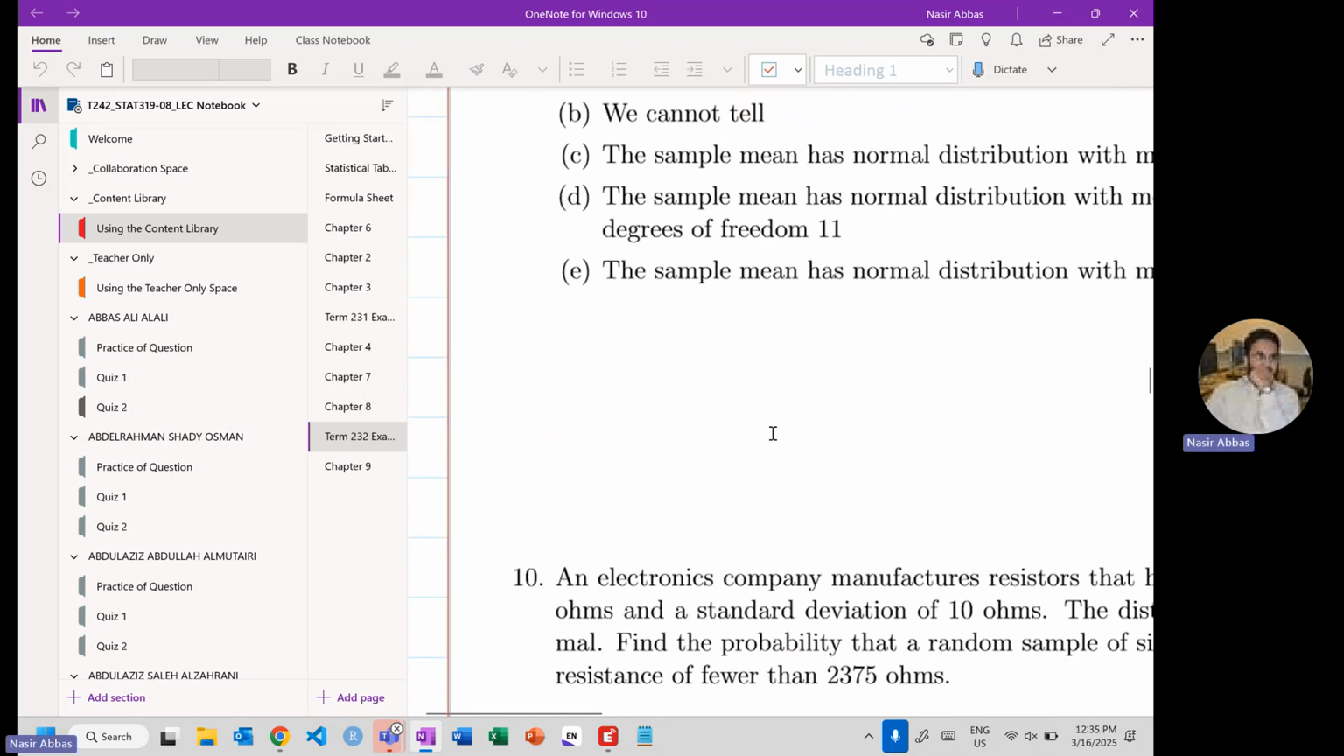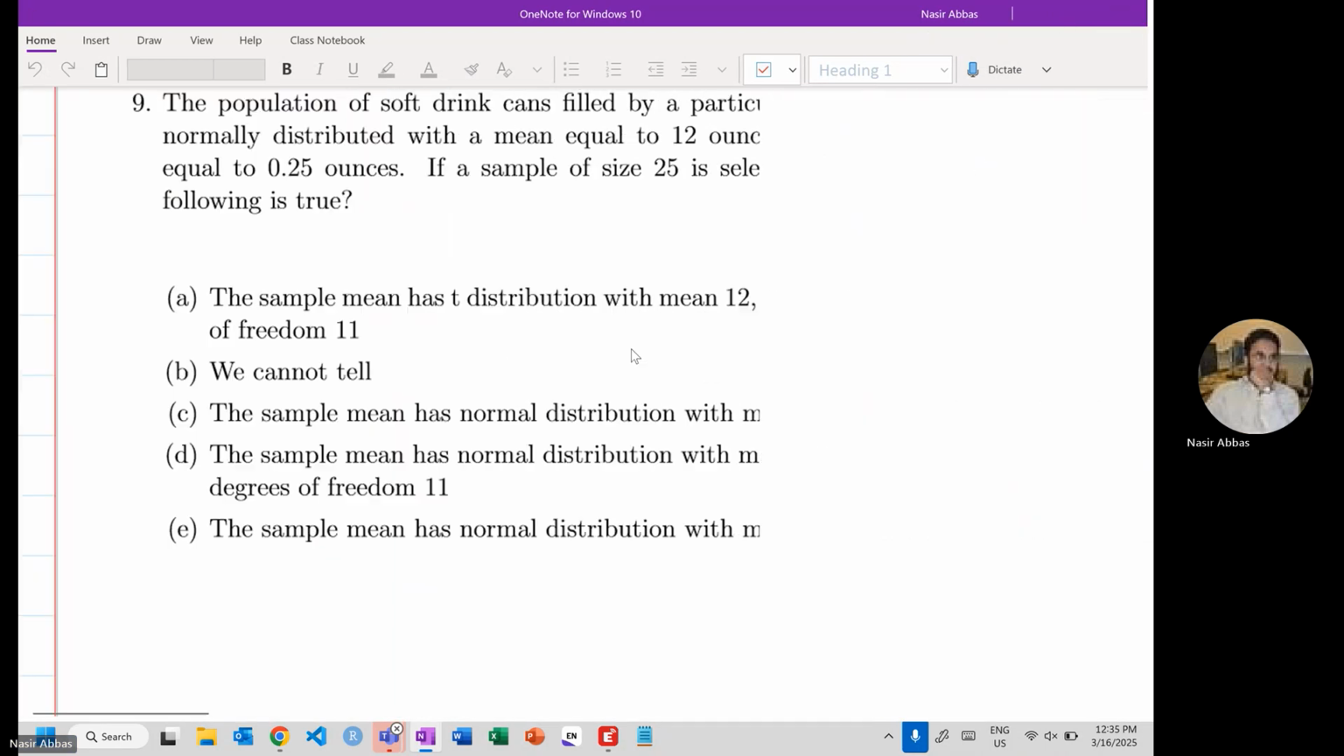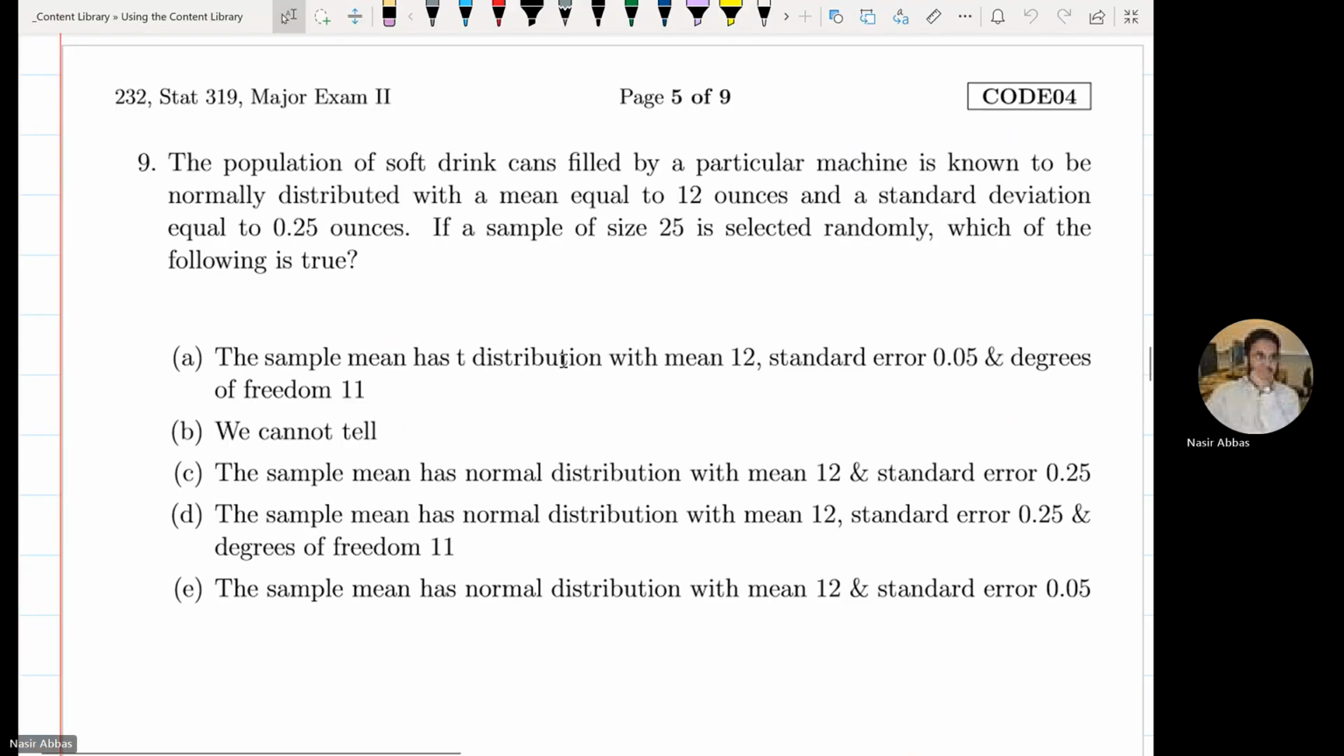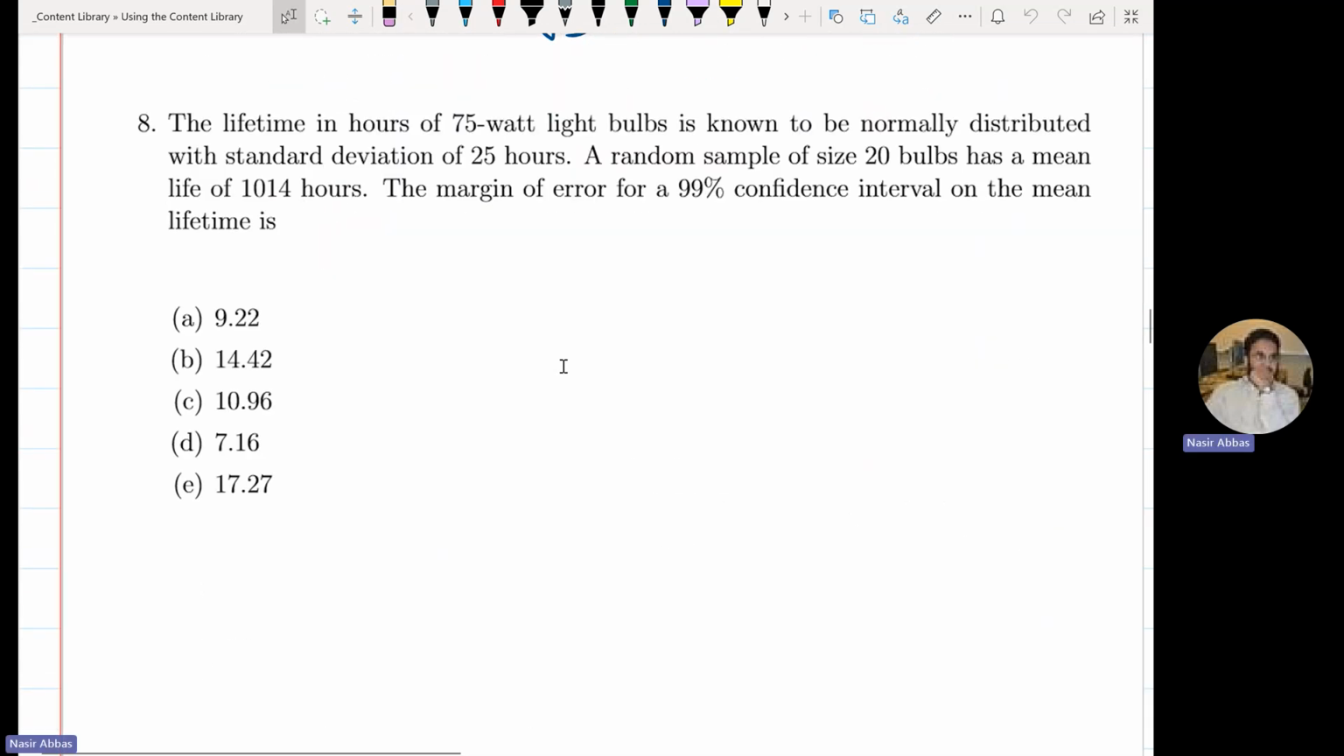Question number 8. The lifetime in hours of 75-watt light bulbs is known to be normally distributed with standard deviation 25. A random sample of size 20